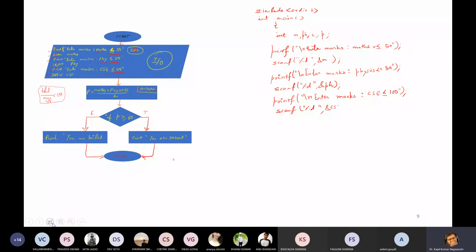No, it is not written CS, it is C. Address of C. Then we calculate %p. P is equal to maths plus physics plus C divided by 2. Okay, this will give us percentage marks.